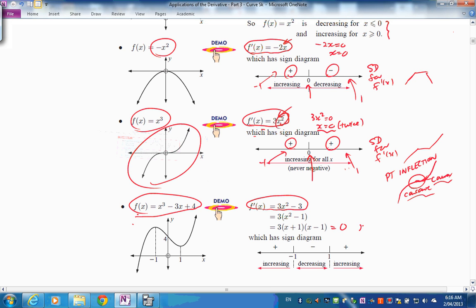So here we'll say x plus 1 is 0, or x take 1 is 0, and so x equals neg 1 or 1. So draw up a little bit of the x-axis again, put in neg 1, 1, sub in a value from this end, sub in neg 2, back in the derivative, trying to track which way the slopes of the tangents are going, sub in 0, back up here in the derivative, sub in 2 now, and so we'll get these signs here for the slope